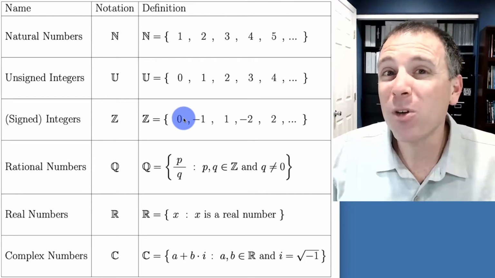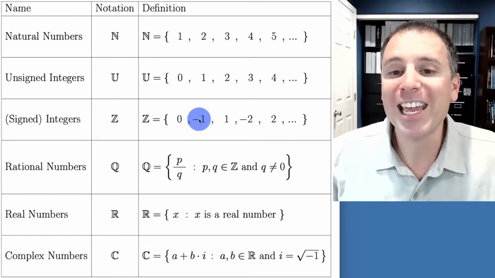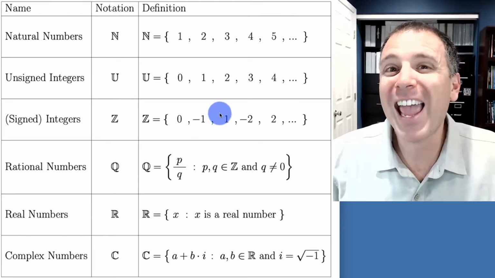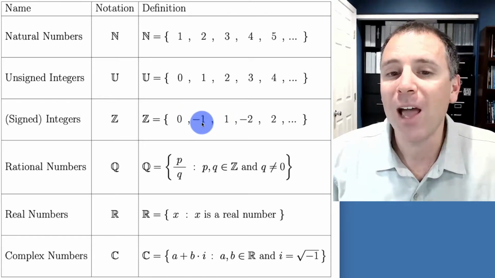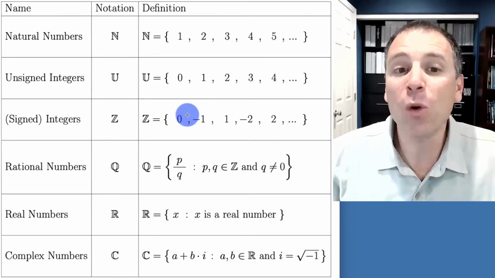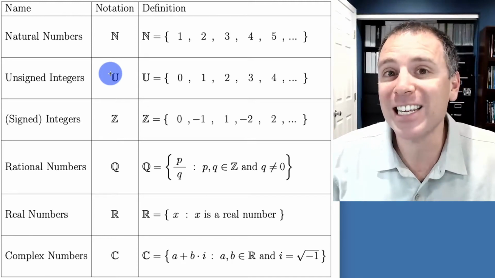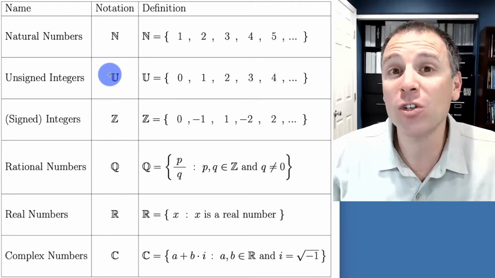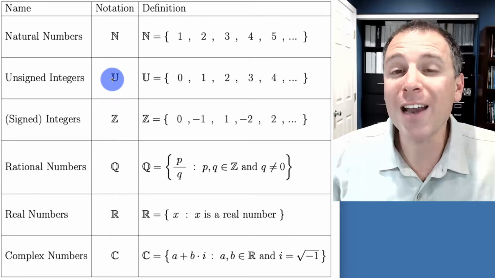From the standpoint of computer science, though, we're going to call these the signed integers because they include both positive and negative signs. There's a distinction between negative and positive in this set of integers. We're going to compare that with what we call the unsigned integers, and I'm going to include new notation in my class that I did not see in my entire 10 years of undergraduate and graduate education. We're going to use uppercase blackboard U for unsigned integers.